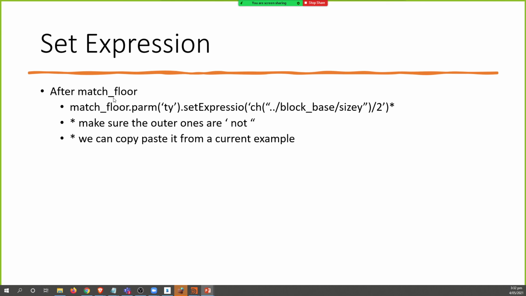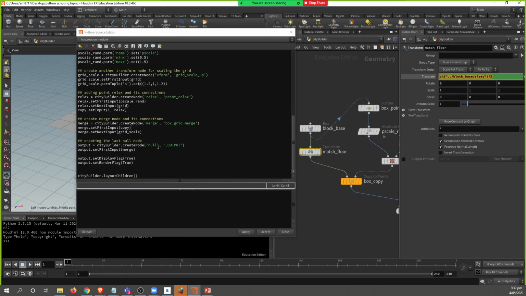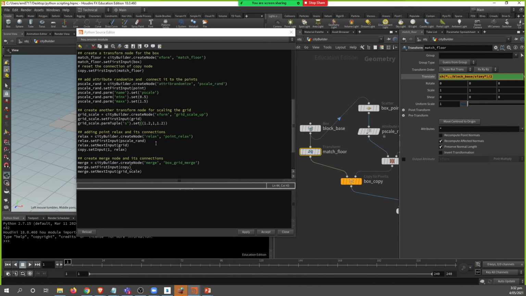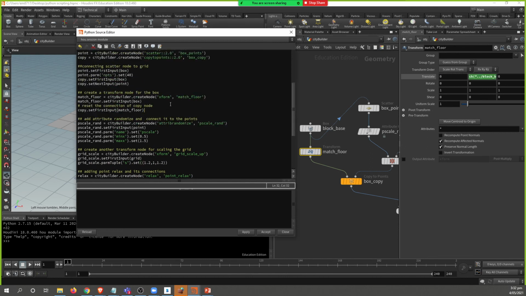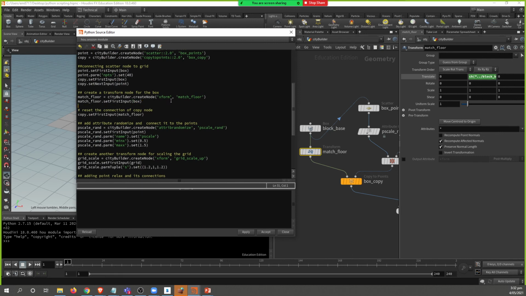So this match floor tool, you can just use this. Instead of set, you say set expression. So I just type match floor, where was it? There it is. I can say match floor dot parm translates y is equal to set expression,